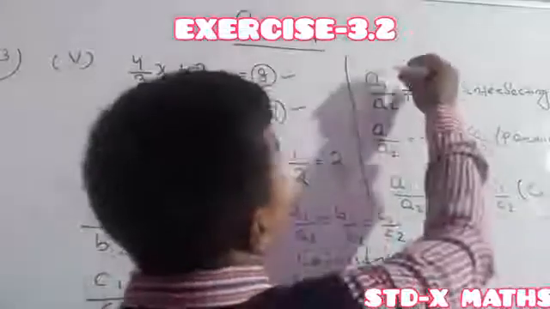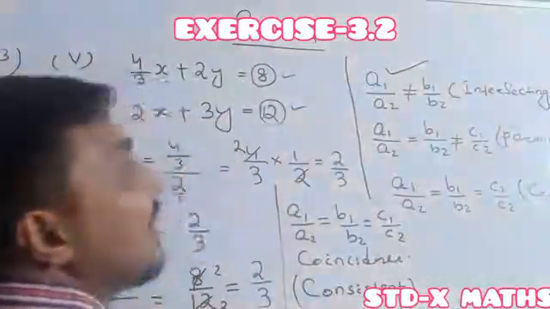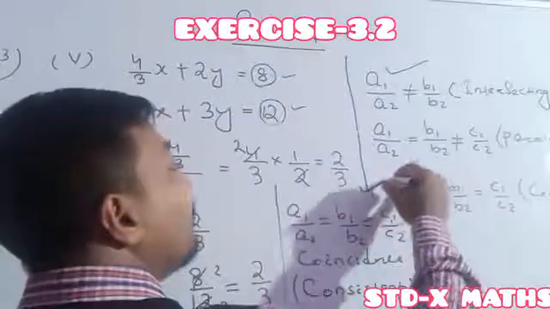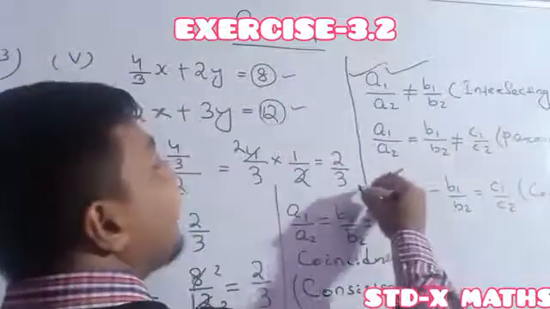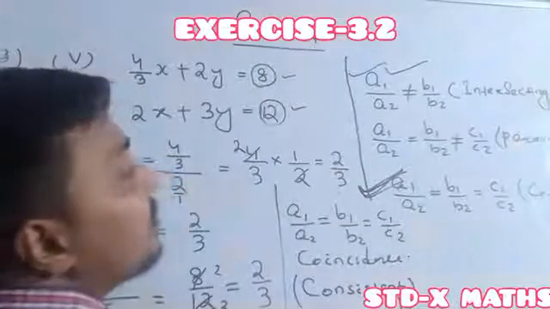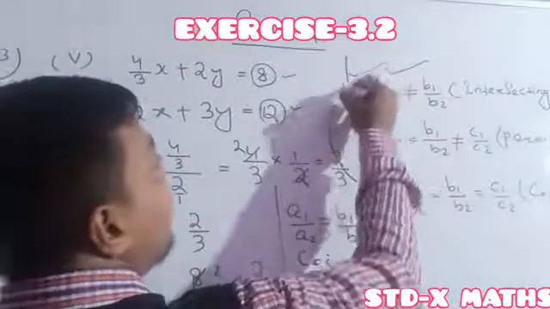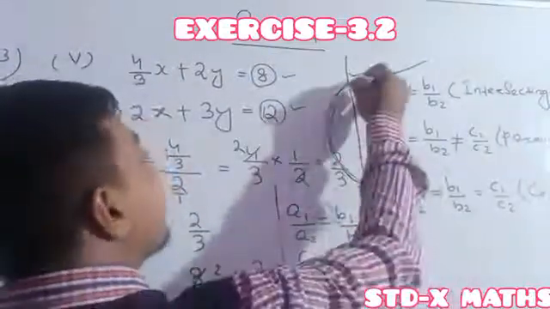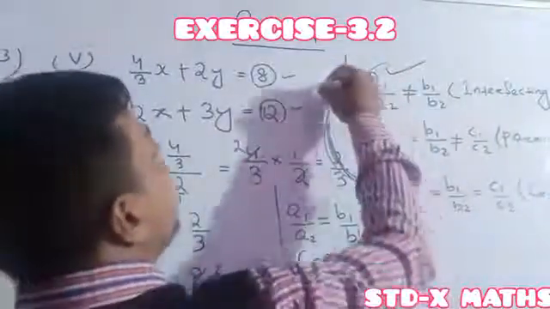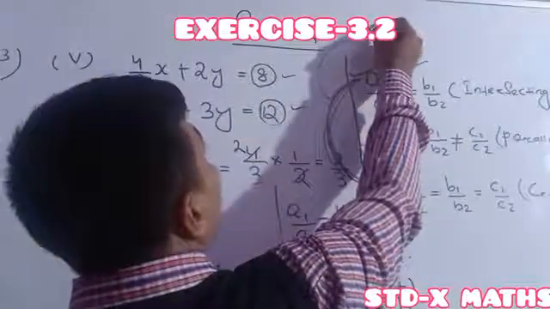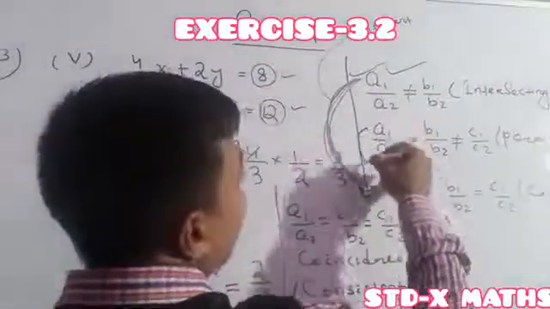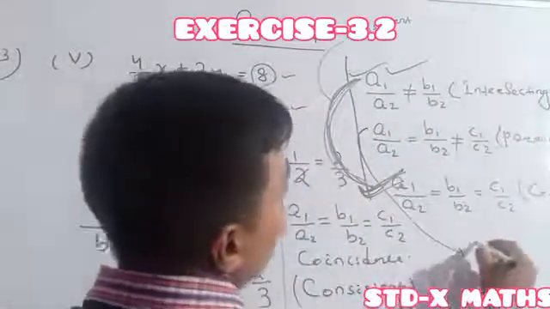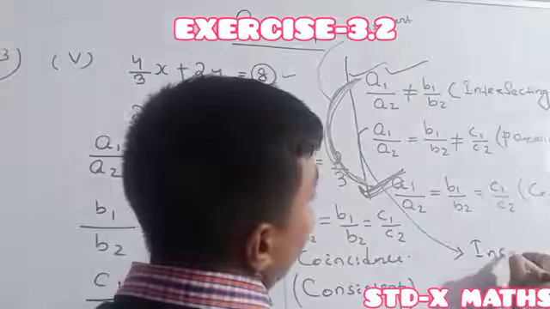So here it is one intersecting point, and here many more common points are there. Here it is a single common point, here many more points are common. So in both these situations, the linear equations we can call consistent. And for this situation, parallel means it will be inconsistent.